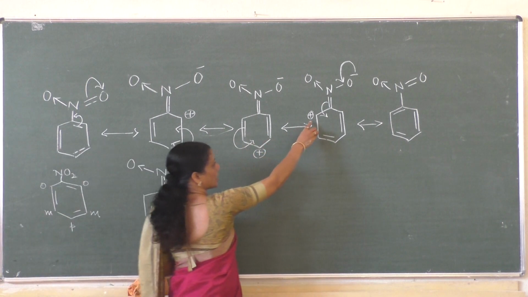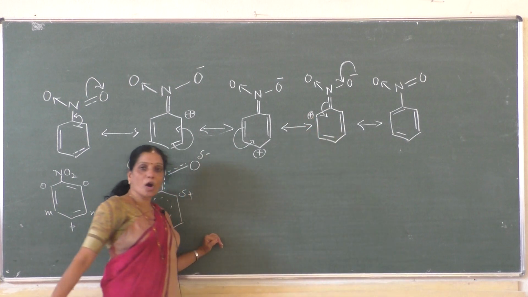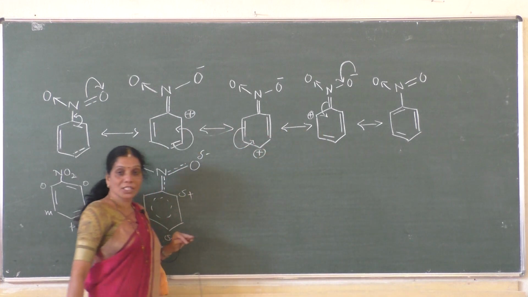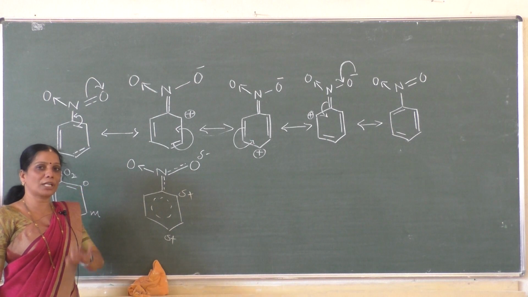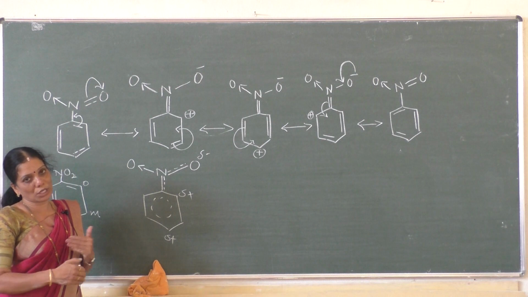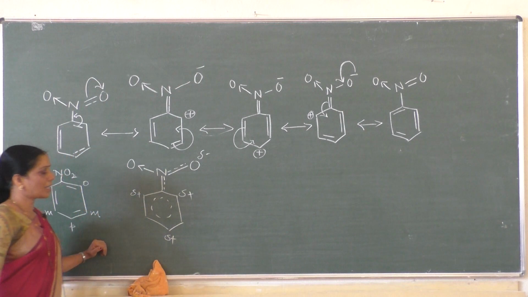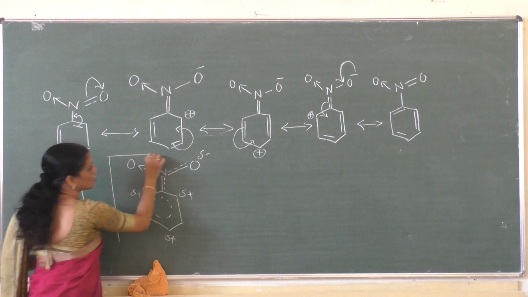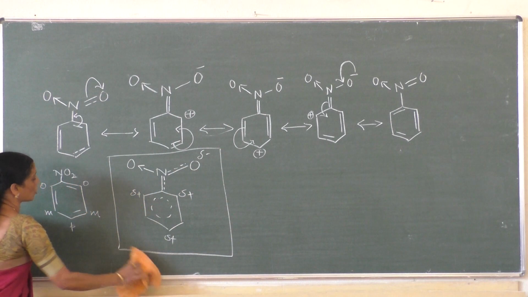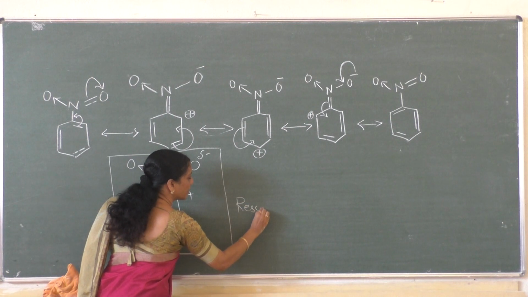Next ortho position, if you consider, this is also ortho, the immediate next carbon atom from this side. The ortho position carries a positive charge. But other structures do not contain the positive charge in the ortho position. It is not permanent for that molecule, continuously changing. Once it gets a positive, again it becomes neutral due to the delocalization of electrons. That means again I have to write partial positive here. If you observe this structure students, this is called a resonance hybrid, or the true structure of nitrobenzene.